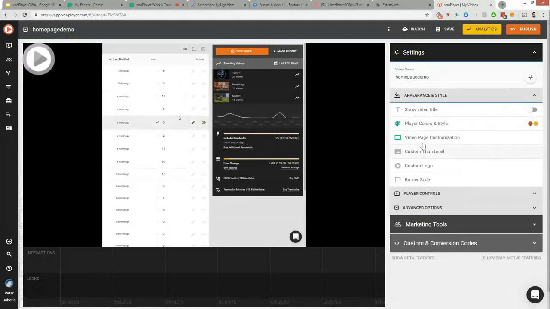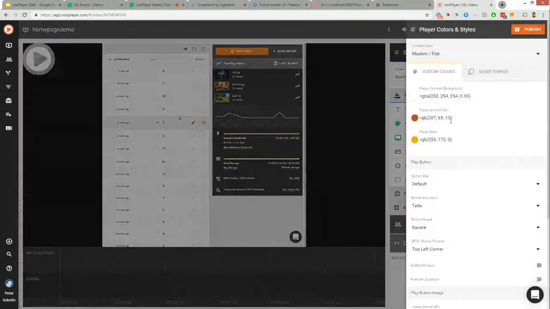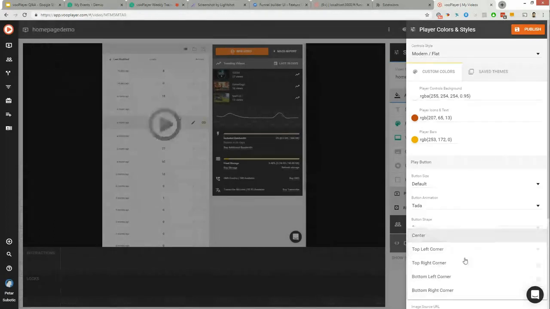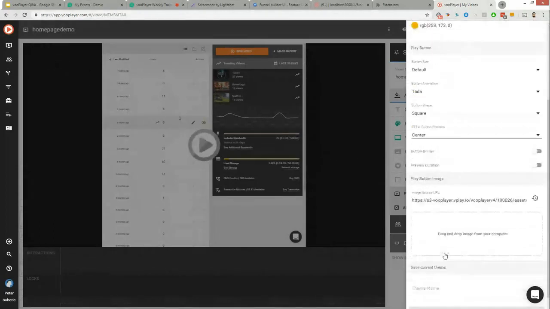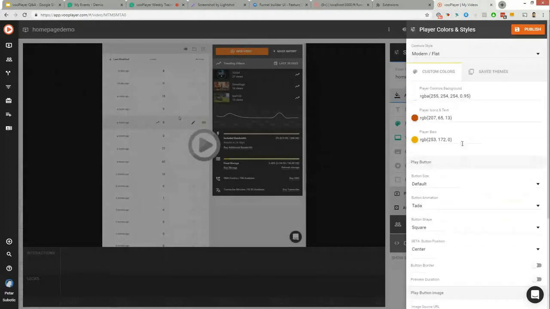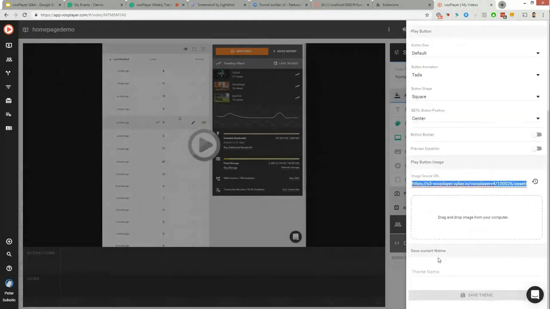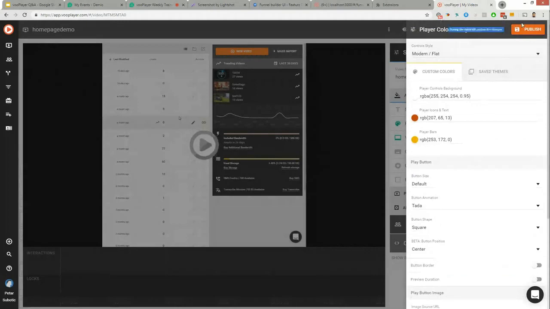So let me just return a normal button to what I wanted to. I wanted to just bring it back to the center, and we can have it be as this. This should be fine.